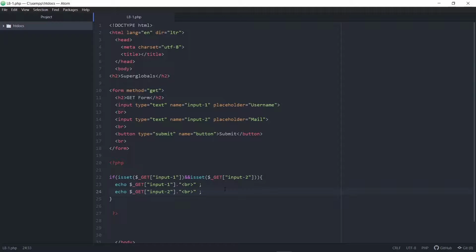And let's save this. Let's revisit our code one more time. So if is set input 1 with the get method is not blank, which means there is a value, and is set is input 2, which is also on the get method, essentially saying if both of these fields are not blank, then go ahead and do this bunch of code over here. Great. So now that we've double checked everything, we can save this up one more time, revisit our form,